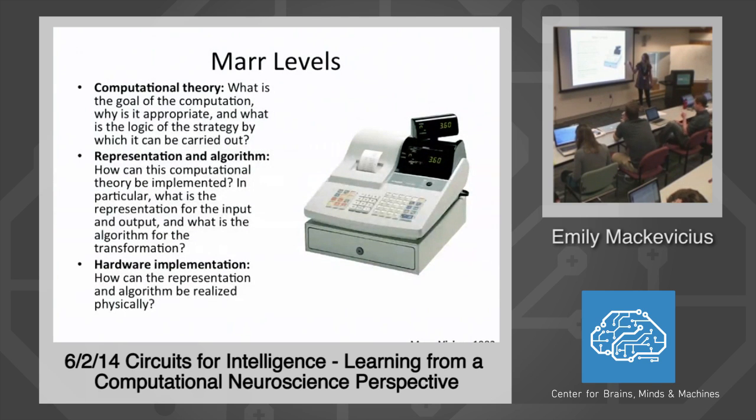Can someone say what the computational level would be with the cash register? Any volunteers? Trying to add up the prices to find out what the final price should be? Exactly. So it's addition, and there's some computational things that addition should satisfy. For instance, the order of adding things doesn't matter. If you add something to 0, then you get the original thing. But it's a very high-level computational